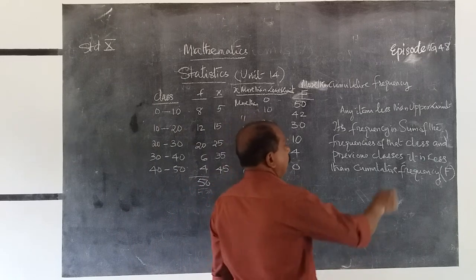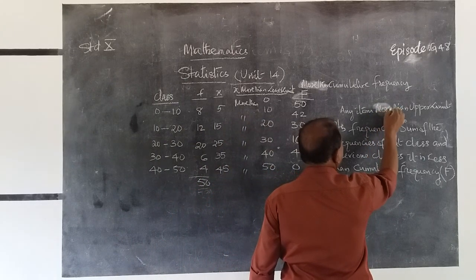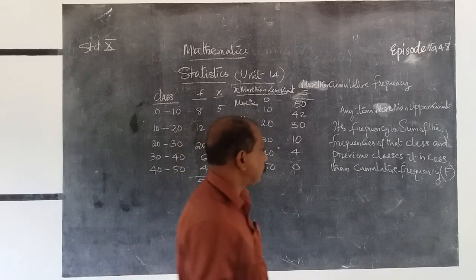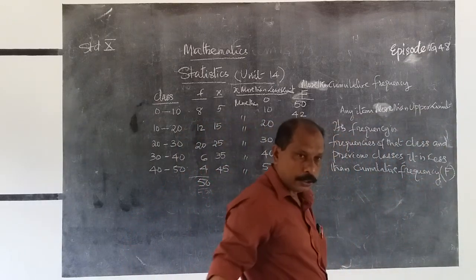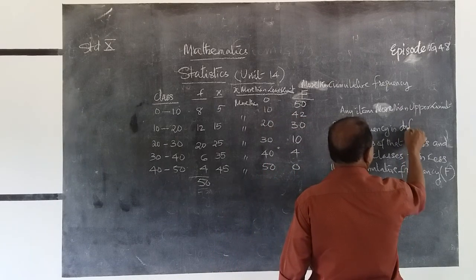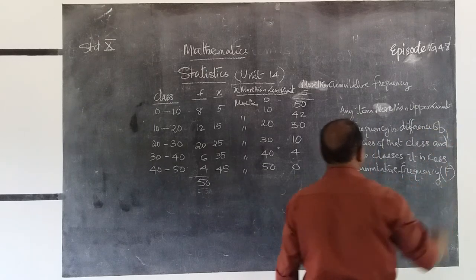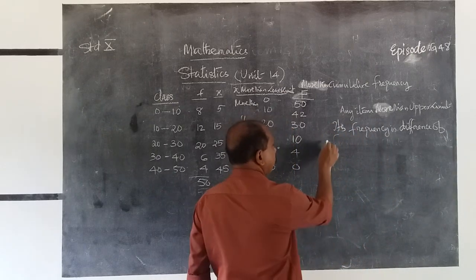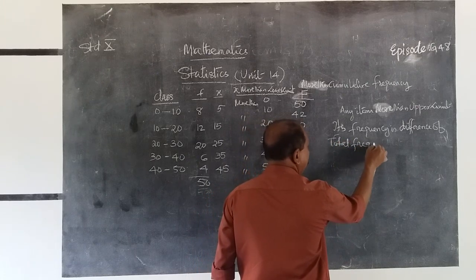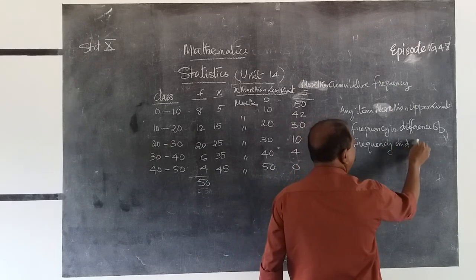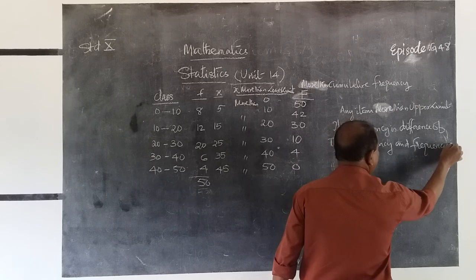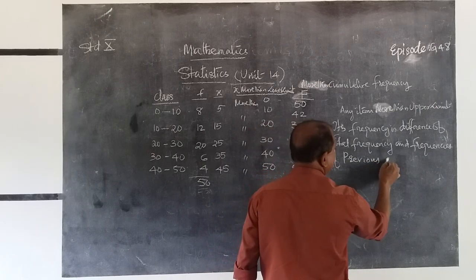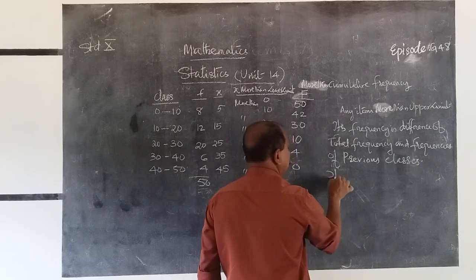And we know that any item more than upper limit, its frequency is the difference of total frequency and frequencies of previous classes. It is